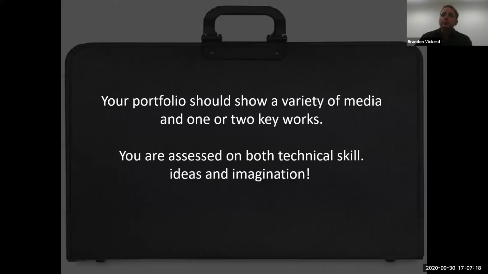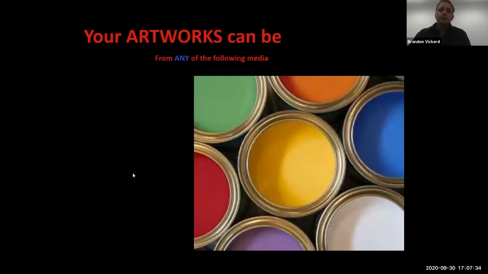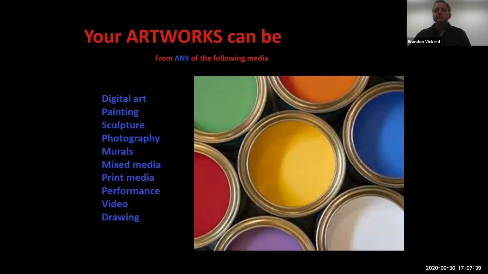And when you're putting together your portfolio, it should demonstrate a variety of media as well as one or two key works. And so this means if you're uploading 8 works of art or presenting 8 works of art, they can't all be photography. They should be a combination of any of the following media. So perhaps it's a combination of digital art and painting. Maybe it's sculpture and painting. Maybe it's a mural and mixed media. Maybe you work across a spectrum of media and you can show me one of each of these things, and